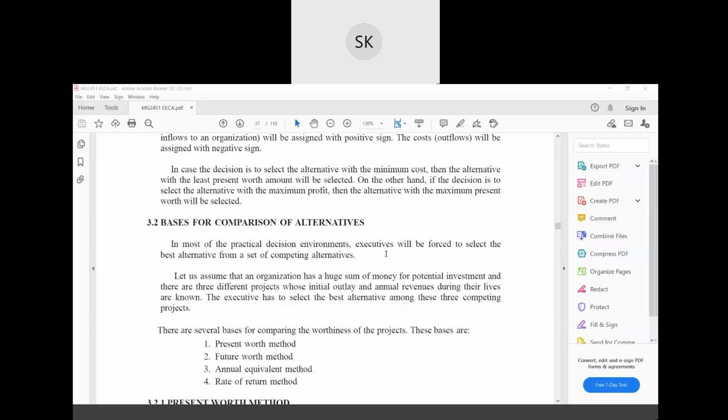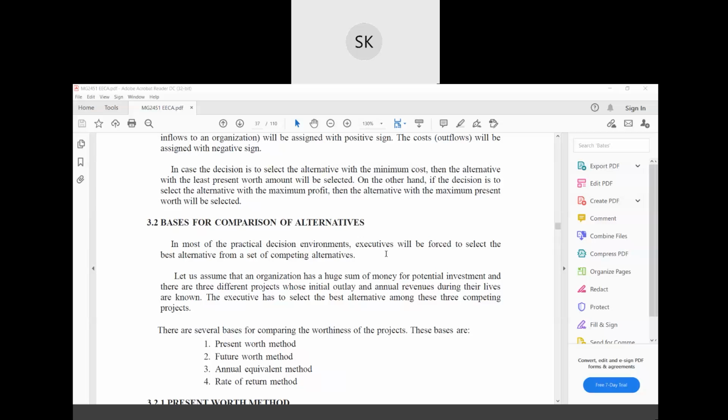So suppose your company has a potential investment of like 5 crore or 3 crore rupees, and you want to invest, and before you there are three projects lying. So in which project will you invest? You have to see, and you know how much investment they have made and how much annual revenue they are getting. That means for each of the three companies, you have the data of how much they are investing and how much revenue they get each year.